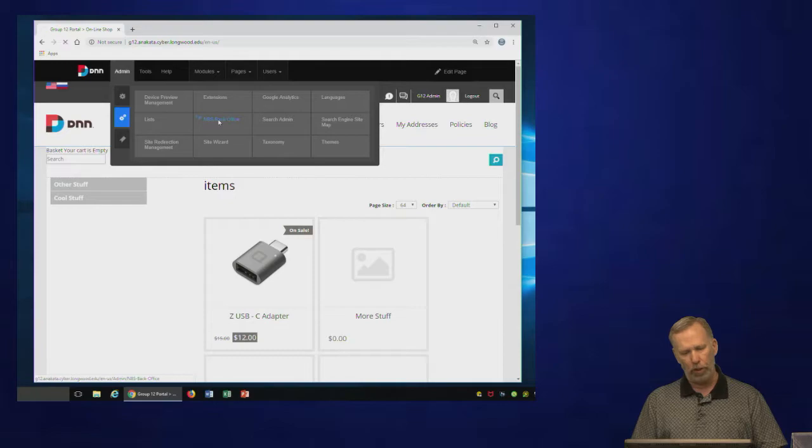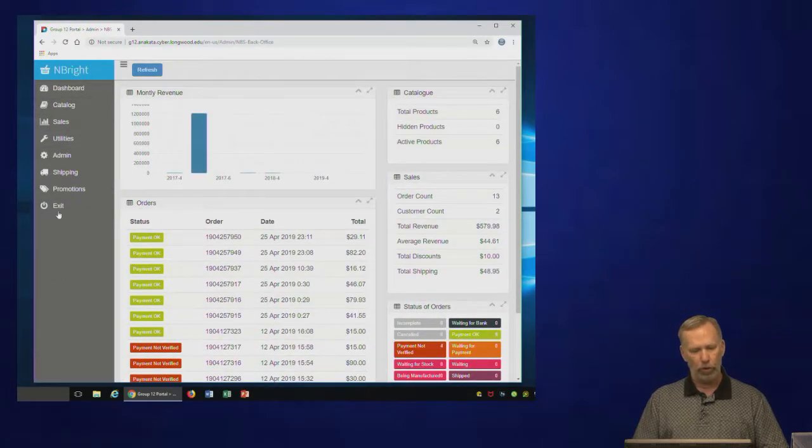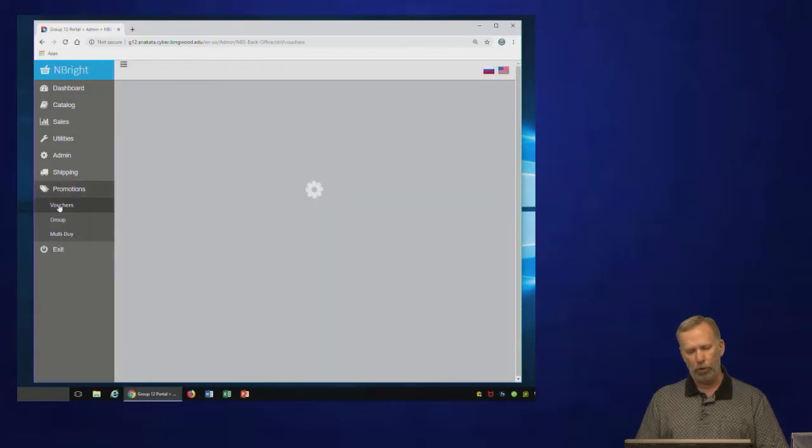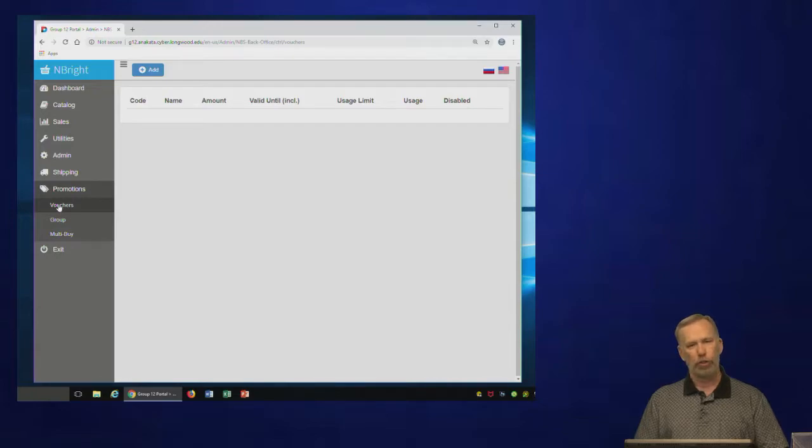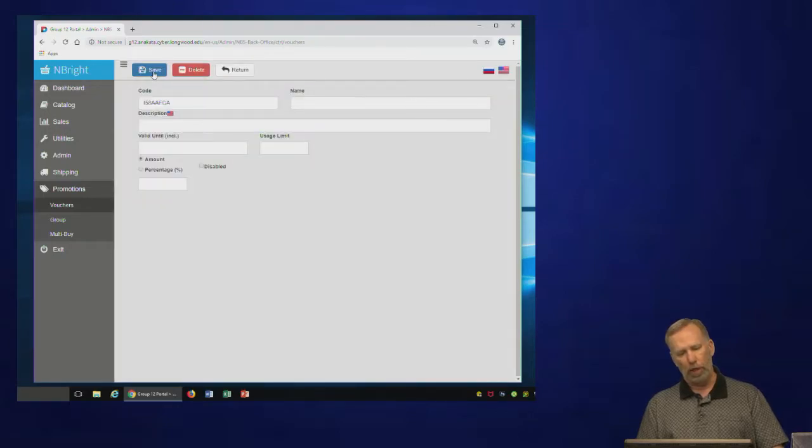there is something in here that we can use. There's a promotions section down here where we can create vouchers, groups, and multi-buy promotions. Those are the three types of promotions that the developers of MB Store have set up for us. And if we look at these different types of promotions, a voucher is essentially what most people call a promo code. And so we could add a promo code and say,